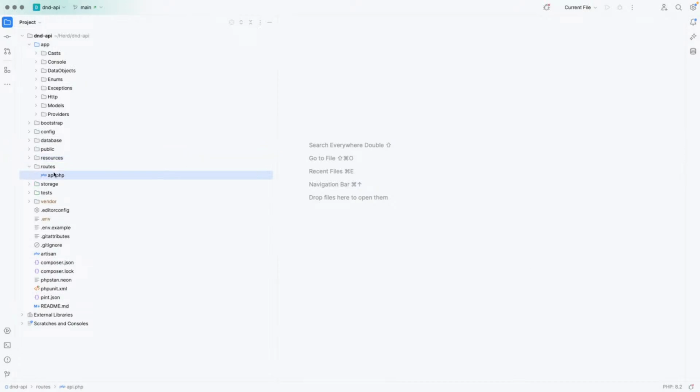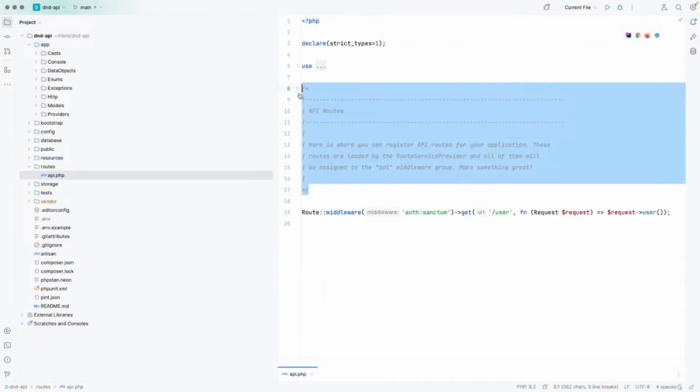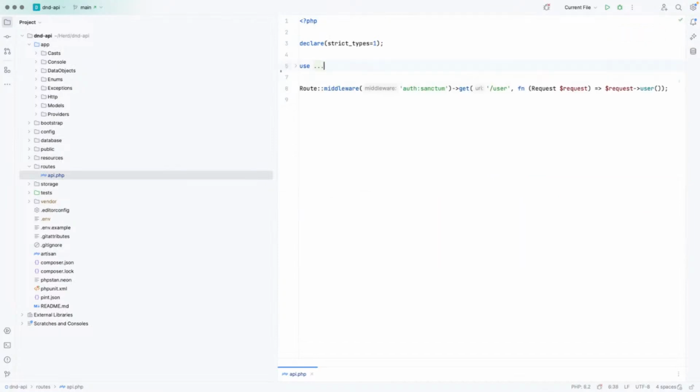So I've cleaned up some routes. I've got rid of everything other than this file here. This isn't important right now. We don't care about the authenticated user yet. So what I want to do, the first thing, is you're going to want to do some kind of